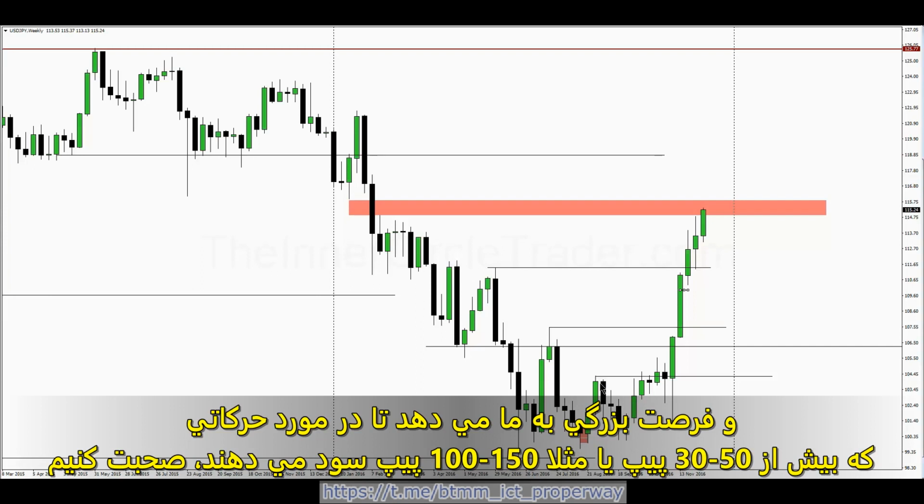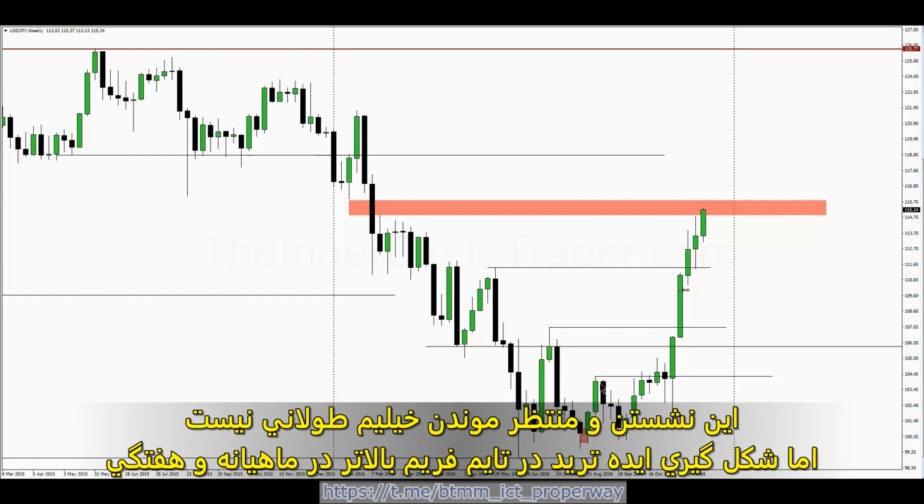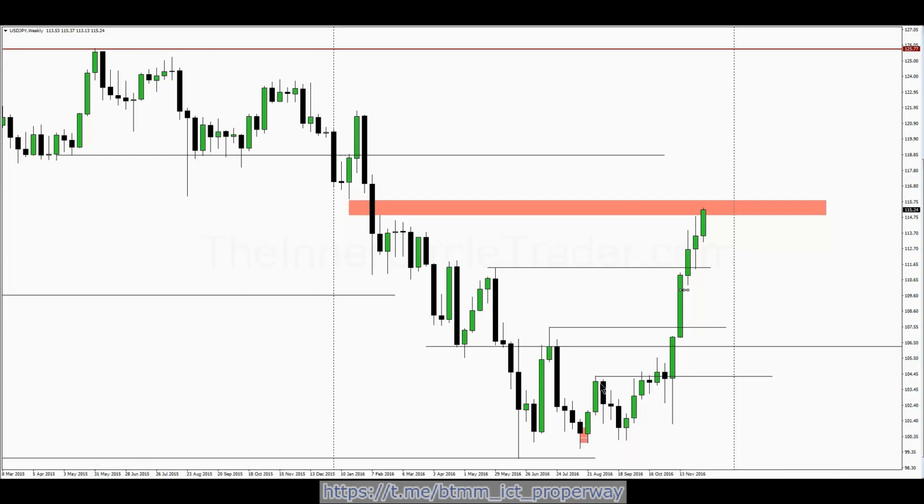opportunity to talk about how the moves that take place can move a lot more than 30, 40, 50 pips. We can get into the range of 100, 150 pips. Those types of setups are more fun, but you have to sit on your hands and wait a little bit more. It's not much more. You have to sit and wait, but framing the ideas with the higher time frame, monthly and weekly, and determining where they want to go,